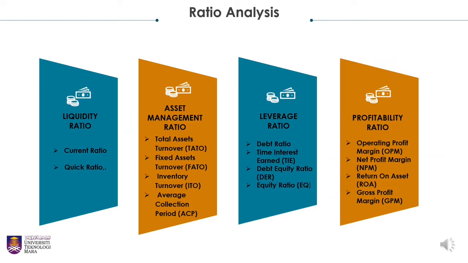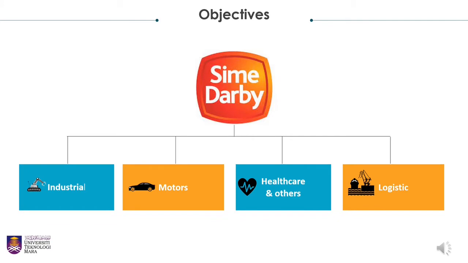For this case study, we will present the four major categories of financial ratios, and they are liquidity ratios, asset management ratios, leverage ratios, and profitability ratios. The objective of the assigned case study is to examine the financial statements and analyze the financial prospects in terms of liquidity, the efficiency of the assets to generate sales, capital structure, and the efficiency of the company to generate a profit for